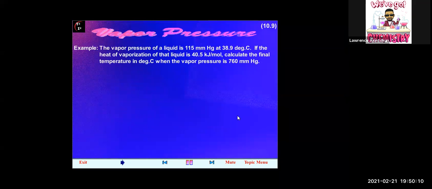Example: the vapor pressure of a liquid is 115 millimeters mercury at 38.9 degrees Celsius. If the heat of vaporization of that liquid is 40.5 kilojoules per mole, calculate the final temperature in degrees Celsius when the vapor pressure is 760 millimeters mercury. And this is a worked example. This is a guided example. Please follow the example step by step. You have units you have to pay attention to, and also the values. P1 in millimeters mercury equals